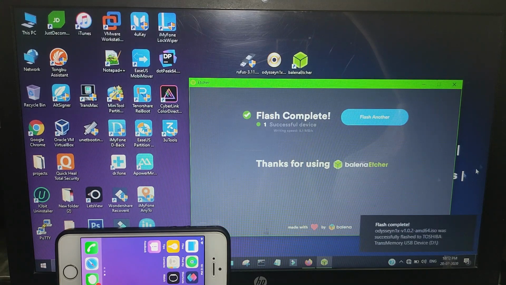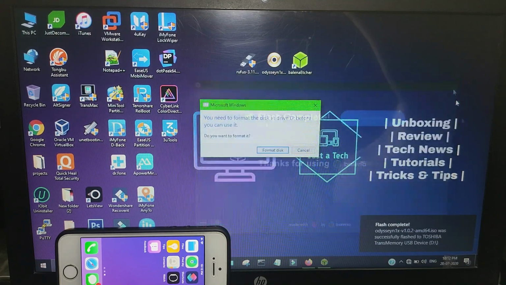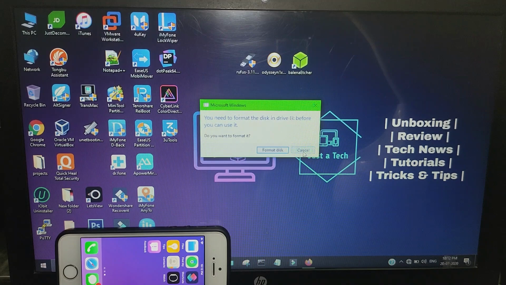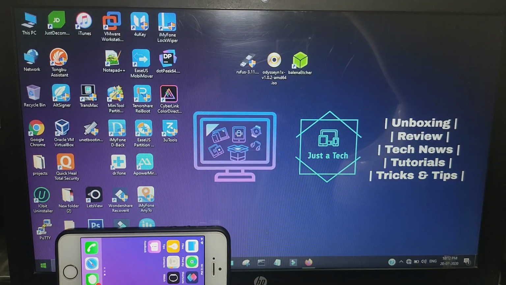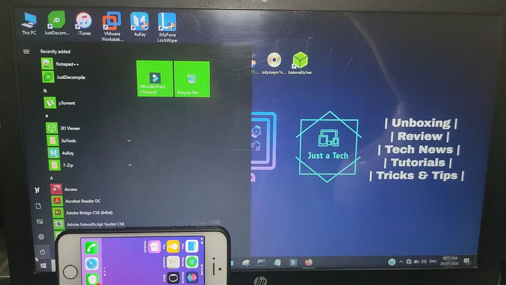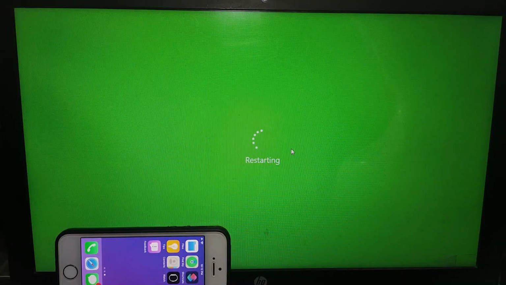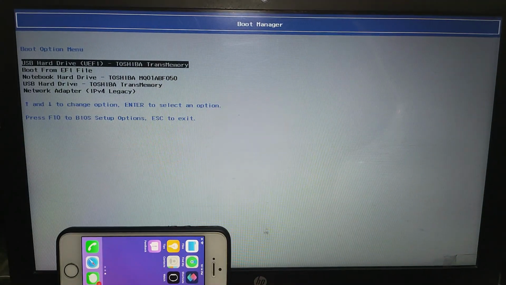And now the process is completed. Just close Balena Etcher and restart your system, and after that you have to boot from your USB. Just go to your BIOS menu and then click on USB storage to boot from the USB. You can boot from legacy and UEFI, both are supported. Now from here just select your USB pen drive.